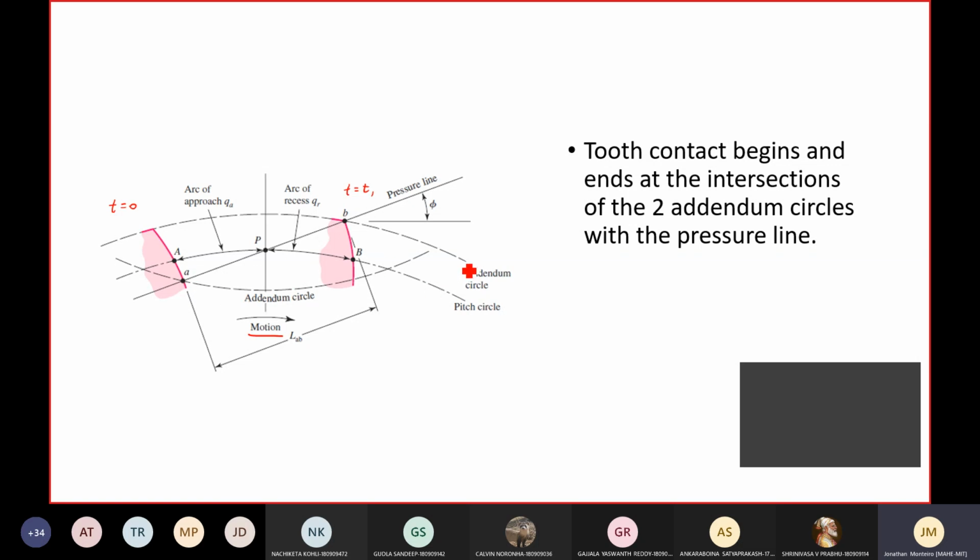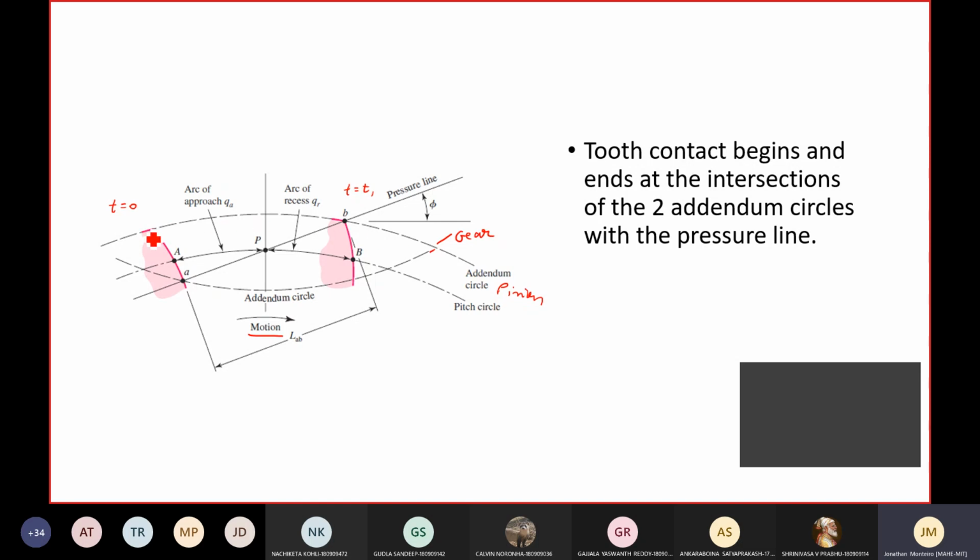You see, this is the addendum circle of the gear in perspective, that is, of the pinion. I'll write here pinion. Pinion is something which drives, right? So it is a driving gear, and this is the tooth profile of one tooth that I am considering. Now, how will the engaging occur? The engaging occurs when the dedendum part of the pinion is already in contact with the addendum part of the gear. So this addendum circle that you see here is of the gear, and this is of the pinion.